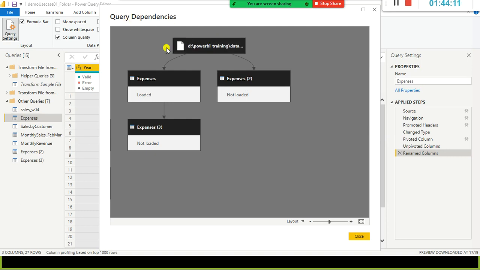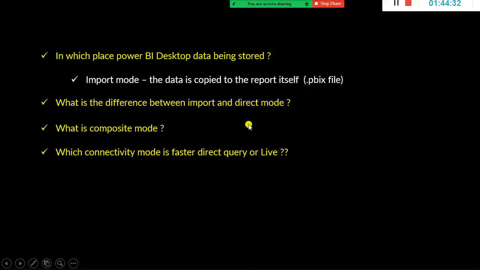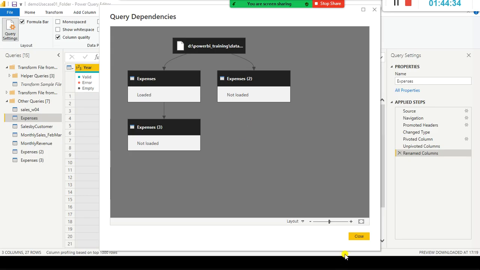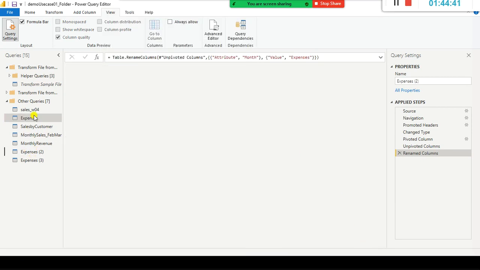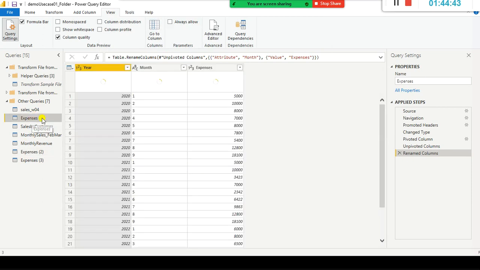So with query dependencies, you can see things clearly. Tomorrow I will show you how to merge queries with the different options, left join, right join, all these things we will see tomorrow. Sometimes what happens is you cannot make changes to this one directly.